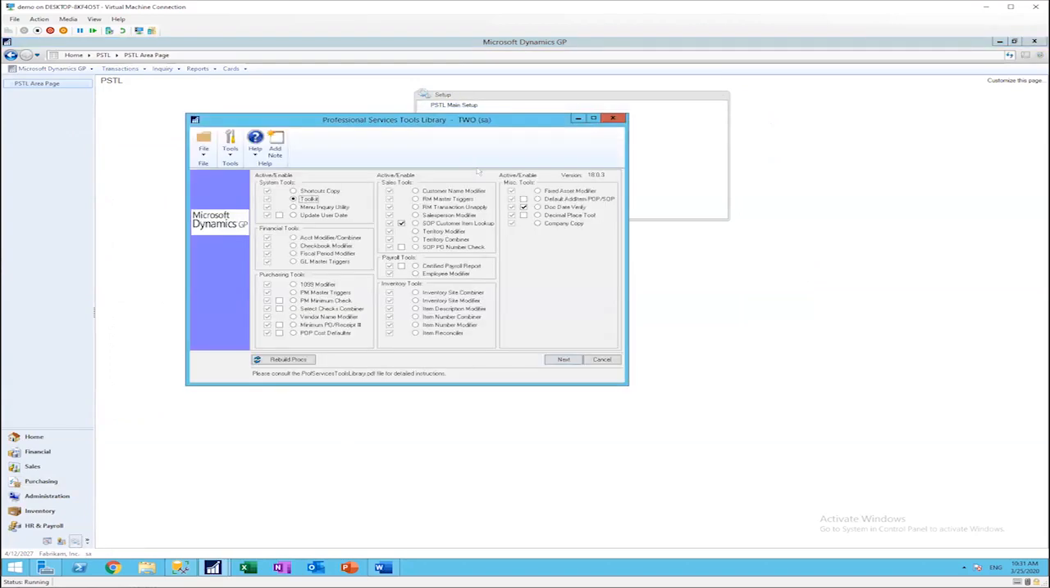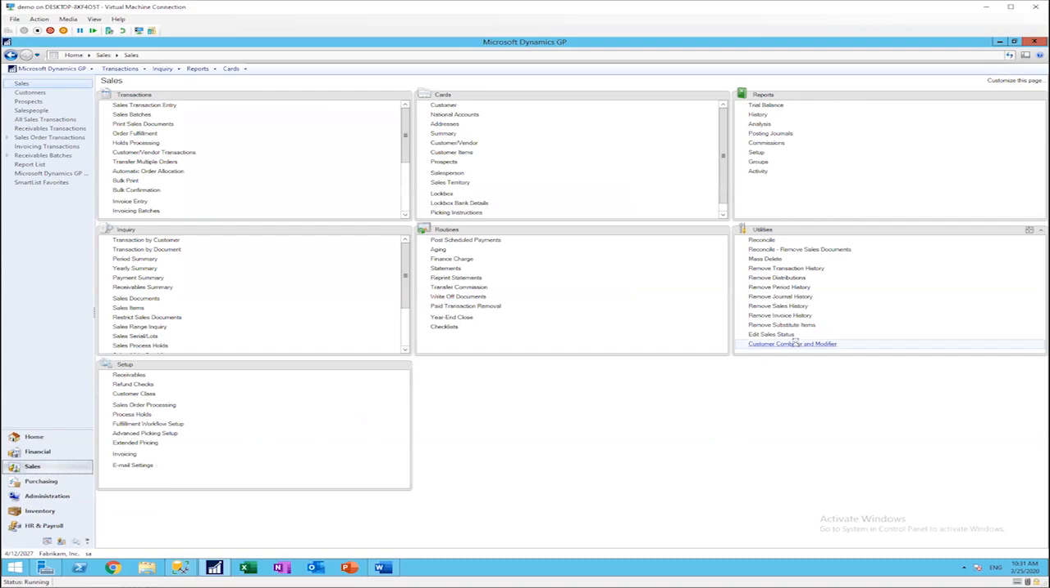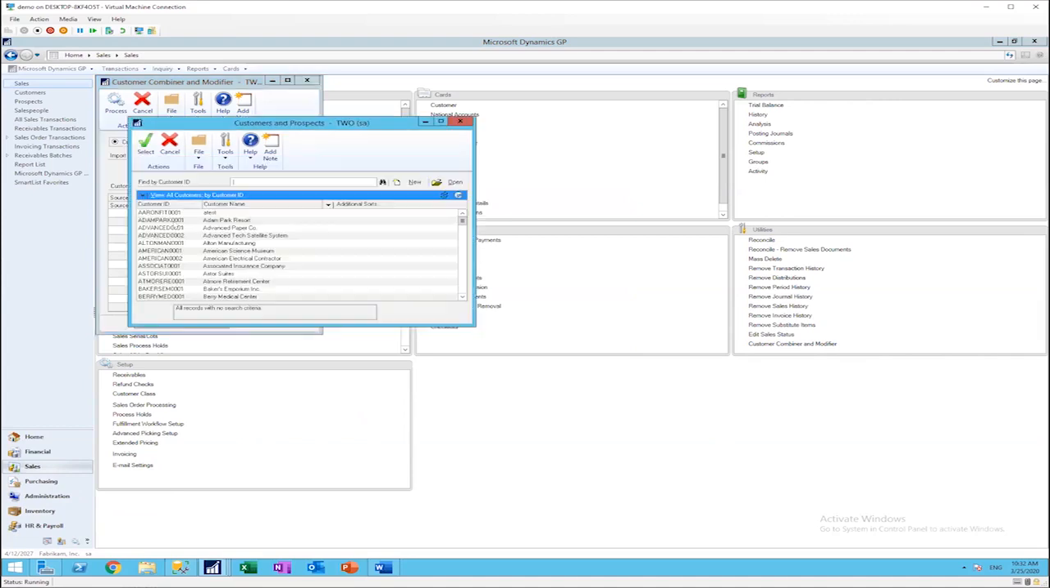For sales. And I would like to do okay, so currently you have the modifier, but I want to use the combiner. So with the newer versions, like I said, you're going to have it under the utilities. So let's try the combiner. I'm going to combine my West information